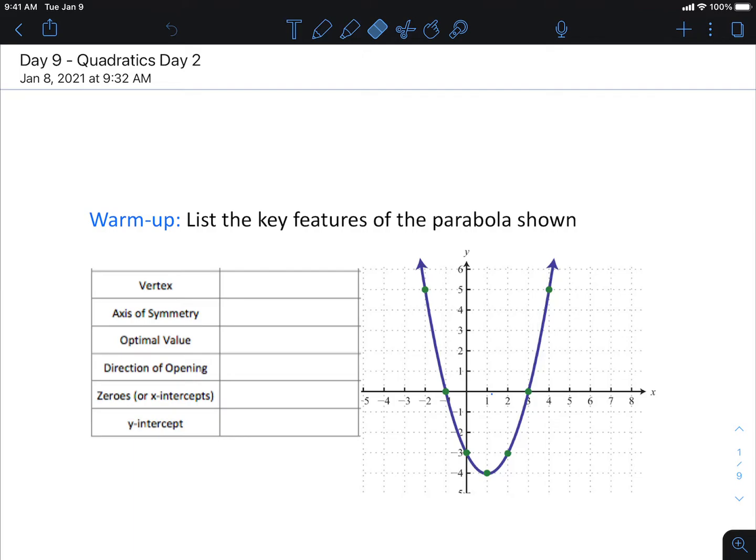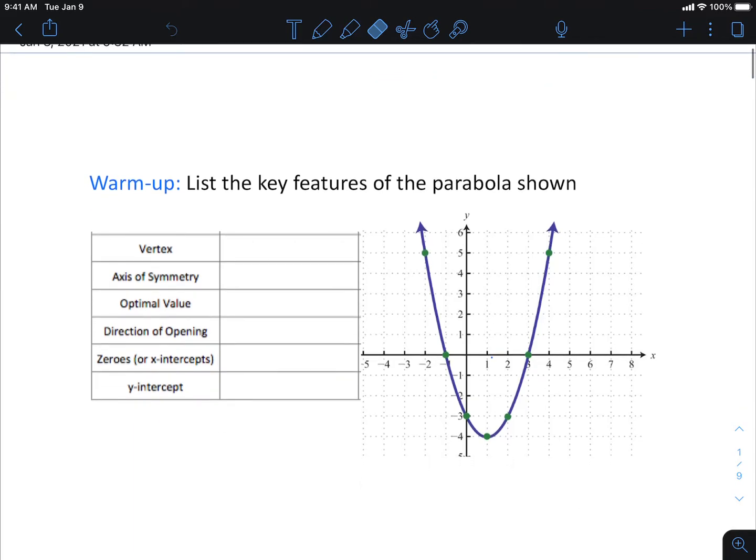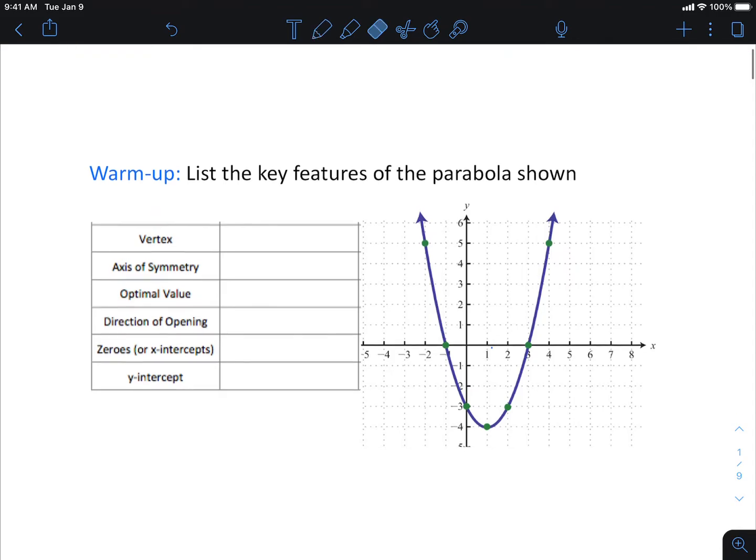We're going to do a recap from yesterday, okay? So we've got: what is a vertex, the axis of symmetry, optimal value. These were all terms that we looked at yesterday, right? So what I want to concentrate on today is this recap from yesterday, and then we're